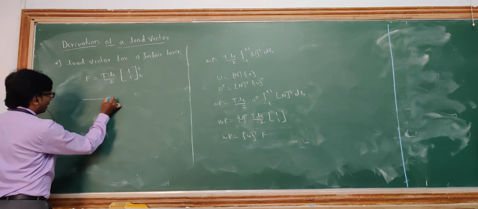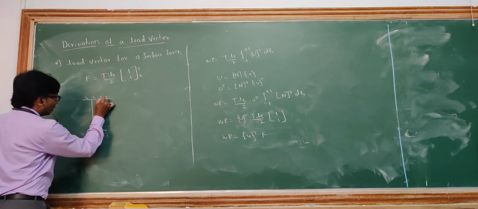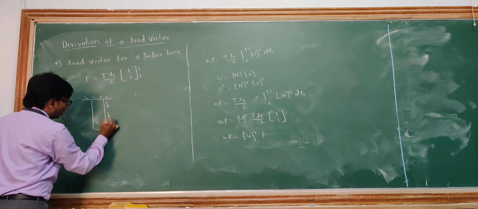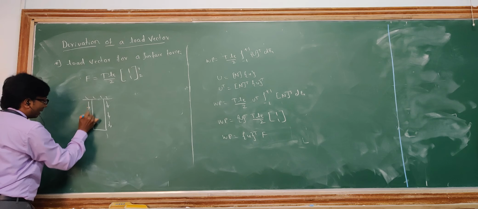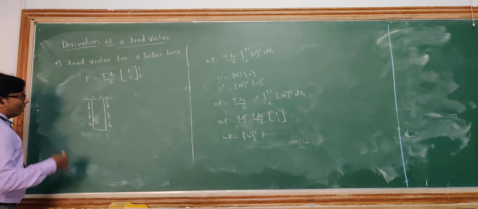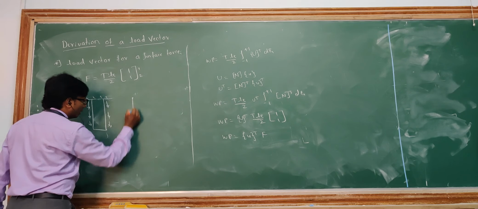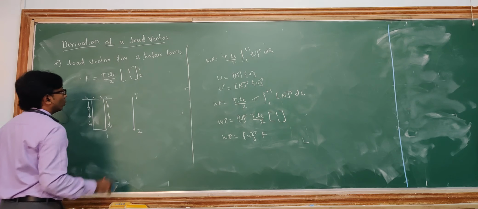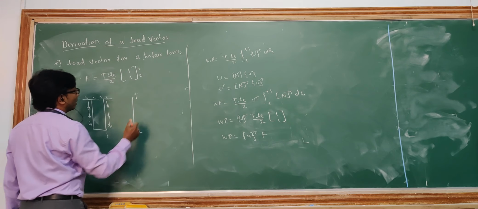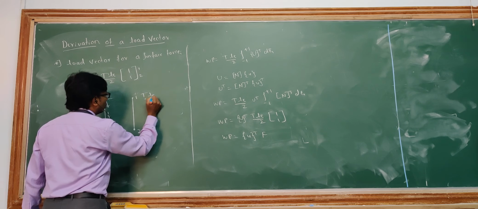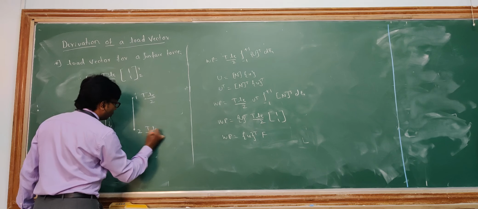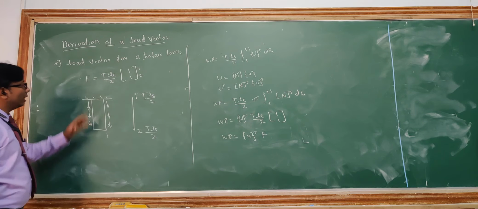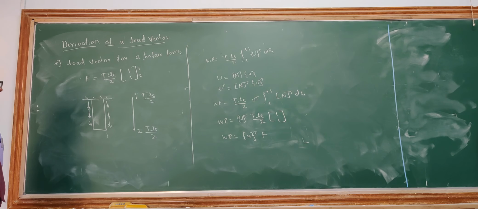So if I take a bar being subjected to a traction force on a particular line which is acting over the element, in FEM I have to convert that into a nodal force. So this is the first node and this is the second node. The equivalent load for this particular case will be T LE by 2 here and T LE by 2 here. So I have to apply the equivalent load. This is how we'll convert the body force and surface forces into nodal forces.